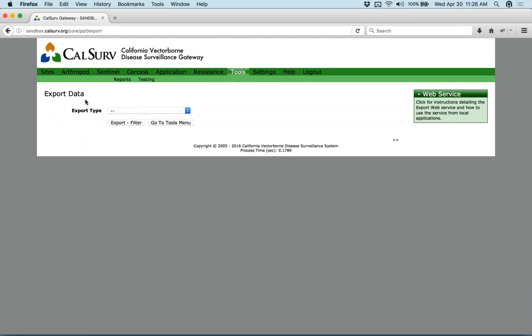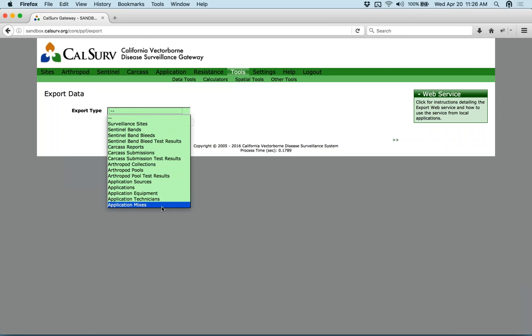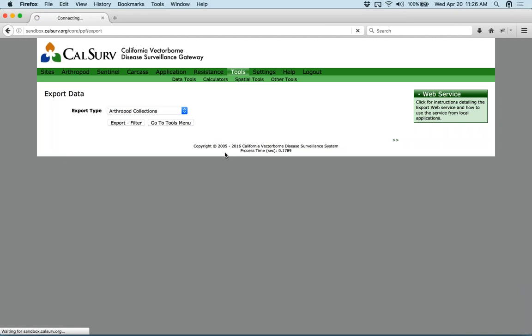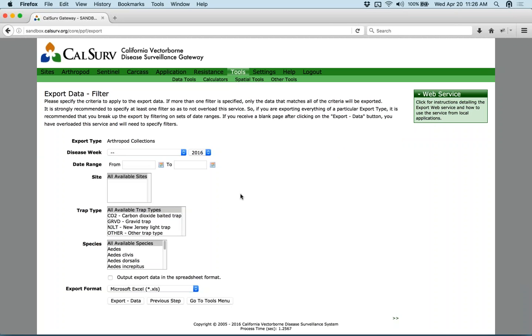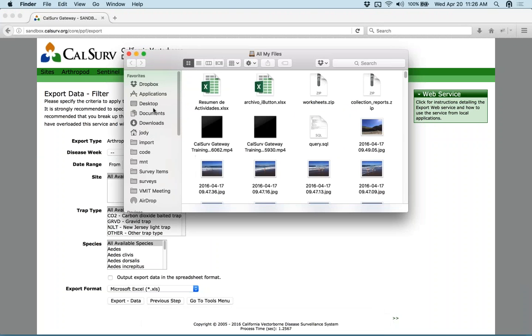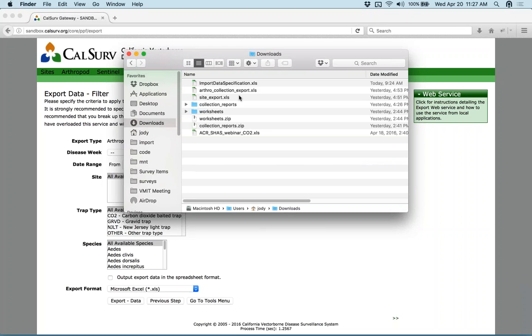So you can go to Tools and then Data Tools and then Export Data, and you select what type of data you want to export, and it'll give you some filtering options if you like. And then once you click Export, you will get